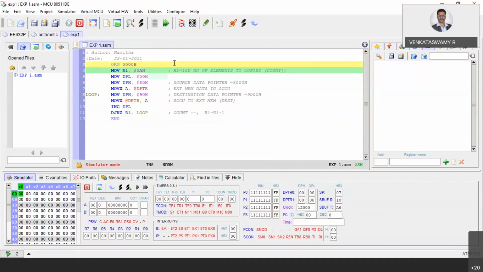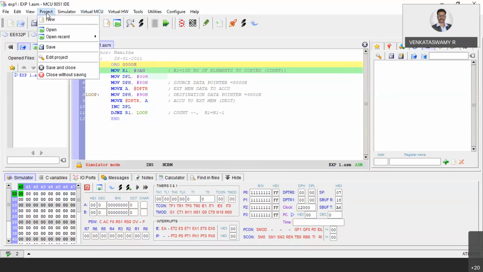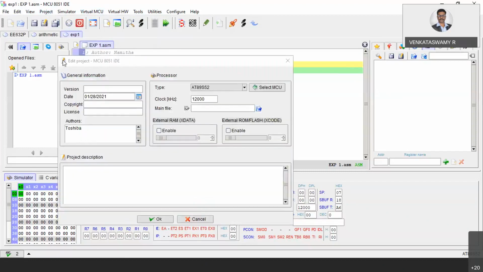So go to virtual MCU, Namita, virtual MCU. Okay, you have not enabled RAM. Now go to project and go to edit project. There enable X data, scroll to maximum and press OK.